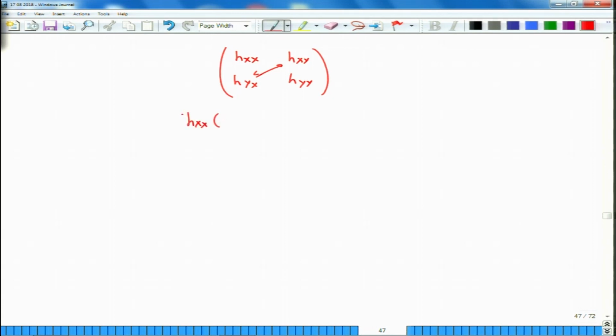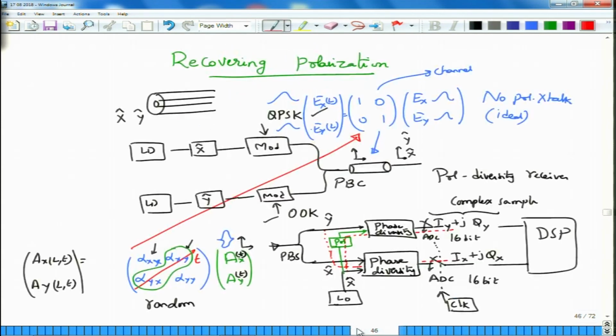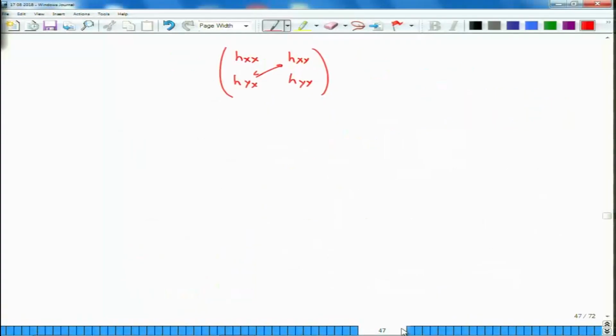And then you can actually adjust these outputs. You can look at the samples that you have obtained at the two polarizations. We have written this as Ix plus jQy and Ix plus jQx, but rather than writing it that way, we will put a shorthand notation and call these Ry and Rx. Ry and Rx correspond to the data that you have received or sampled on the y and x branches of the polarization. They will have some component of x and some component of y, and adaptively tuning would allow you to remove that polarization crosstalk.